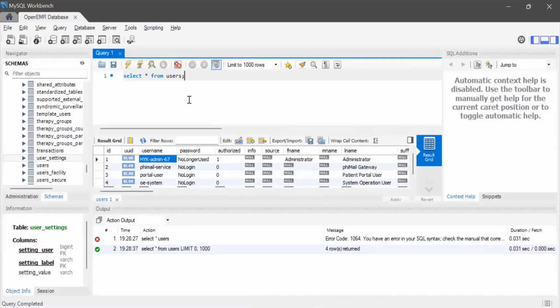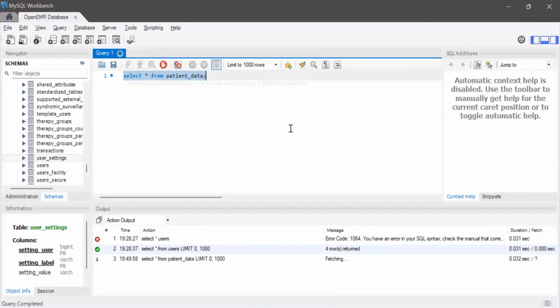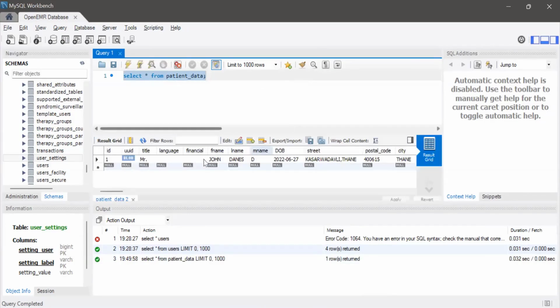Before we write any code, let us go and see select star from patient_data. Select this, and this is what we use to execute the query. You can see the data.